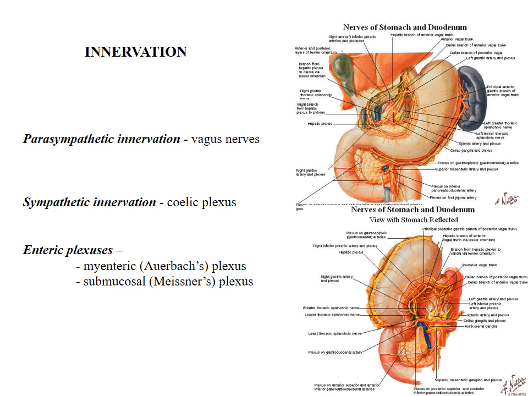And the third source is the enteric plexus. This plexus has two parts, the submucosal Meissner's plexus, which is located in the submucosa, and the myenteric plexus, which is located between the muscular layers, and this is part of the visceral nervous system. And this is the end of this third